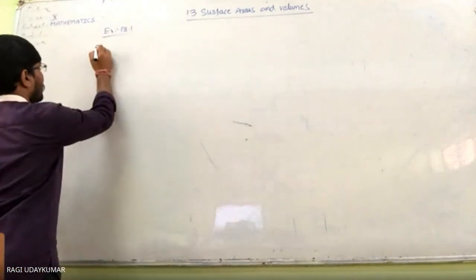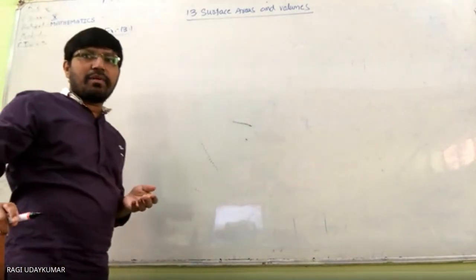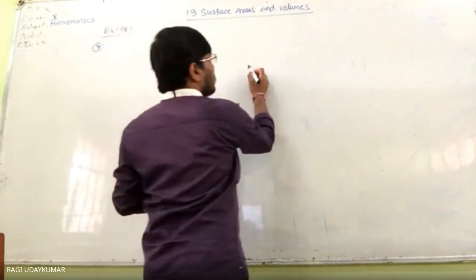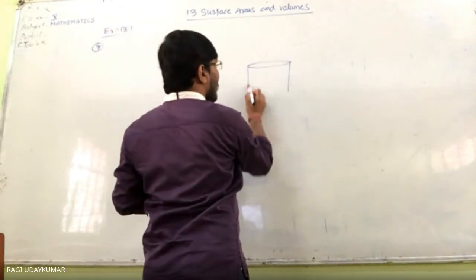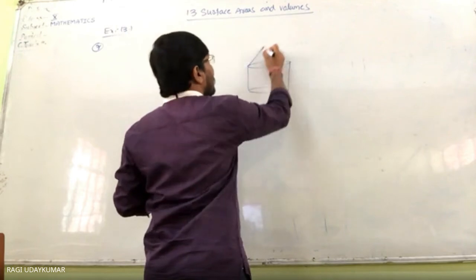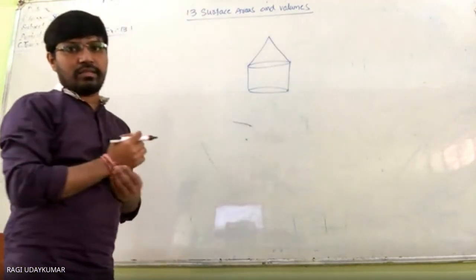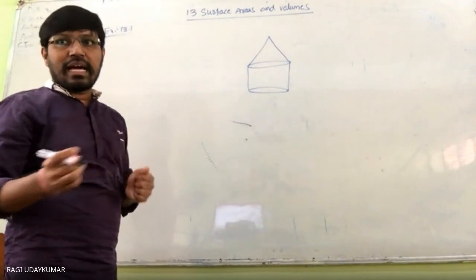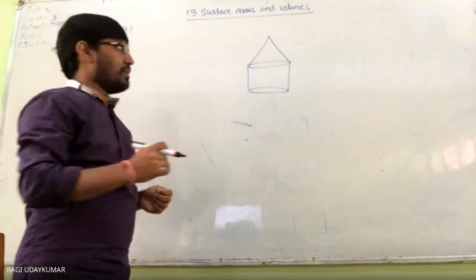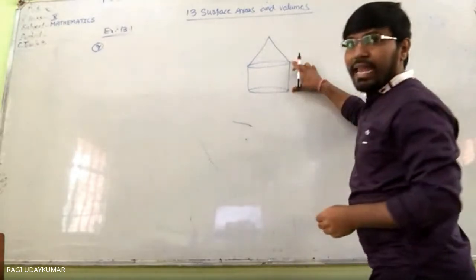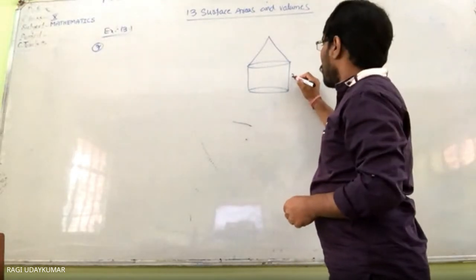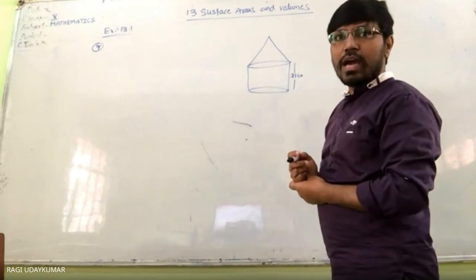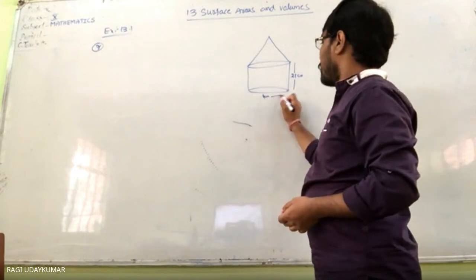Next, seventh problem. A tent is in the shape of the cylinder surmounted by a conical top. Cylinder के tent सर्कस टेंट होता है ना नॉर्मल, लाइक दिस. एक सिलेंड्रिकल पार्ट है, इसके ऊपर कोन लाइक दिस surmounted. Total, if the height and the diameter of the cylindrical part, only cylindrical part का height and diameter. Height is given to you 2.1 centimeters. This one. And diameter is given to you 4 centimeters.